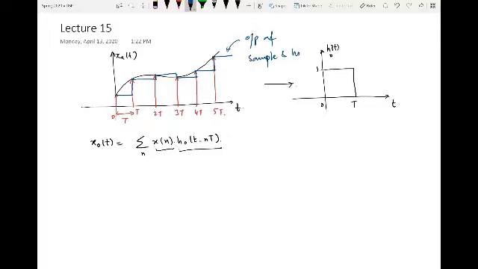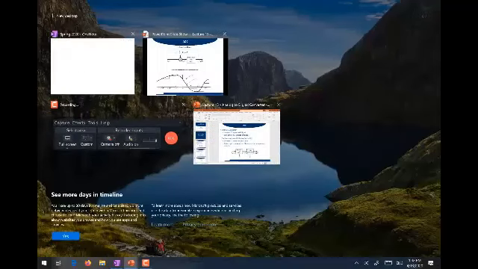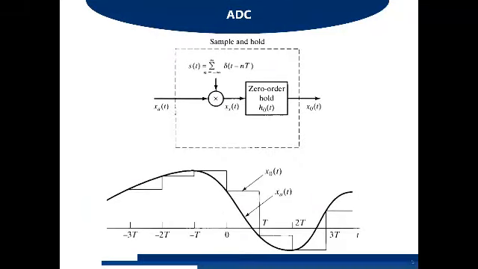Output of sample and hold circuit. Now this output will be fed to the quantization and encoding stages, right? So in this way, this operation is achieved, which is called sampling and hold. So as a whole, you can see in block level, the complete process can be described by this particular diagram,